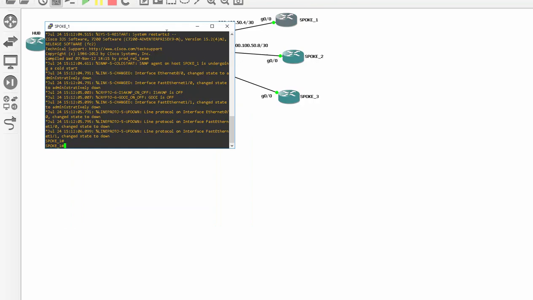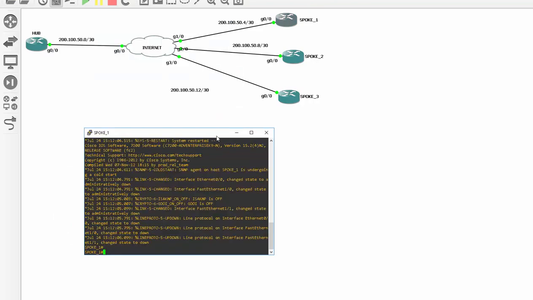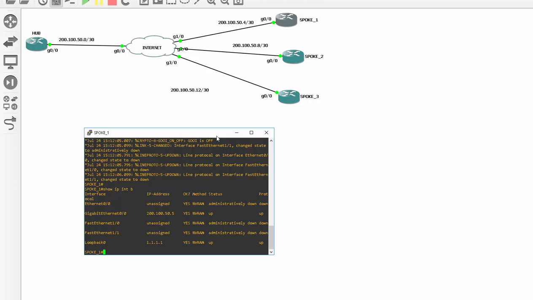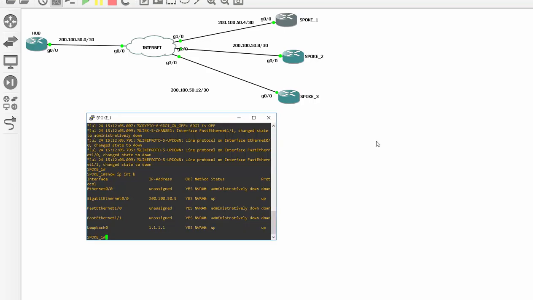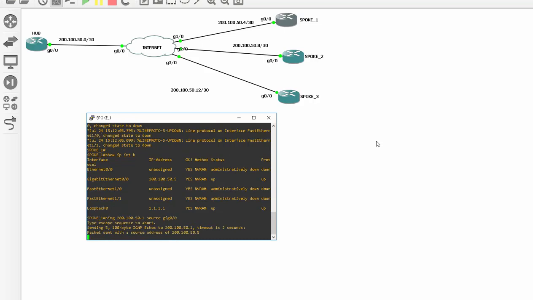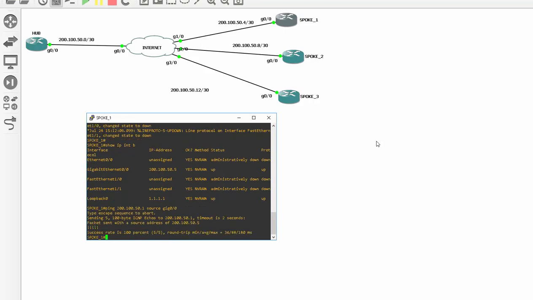So starting with spoke 1, do a show IP interface brief, and then on spoke 1 you can do a ping to 200.100.50.1. That is the IP address of the hub, and we're going to source that from gigabit 0/0, which is the public IP on this spoke. We see that ping is successful,